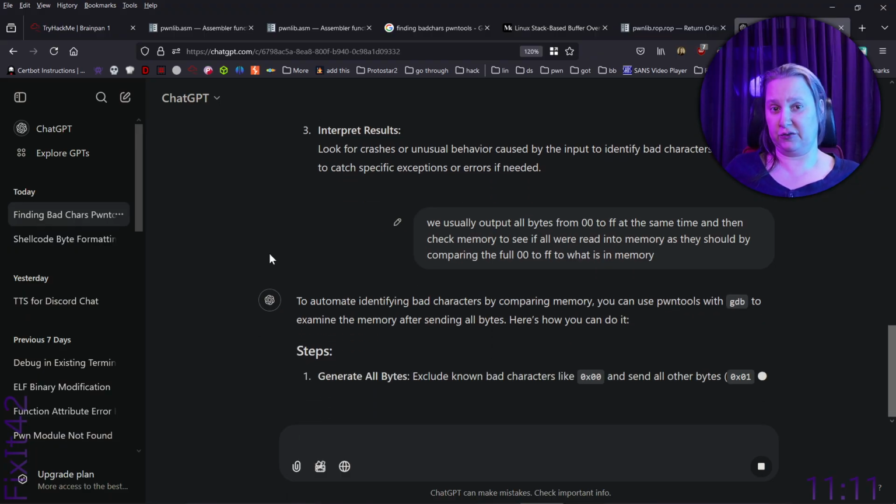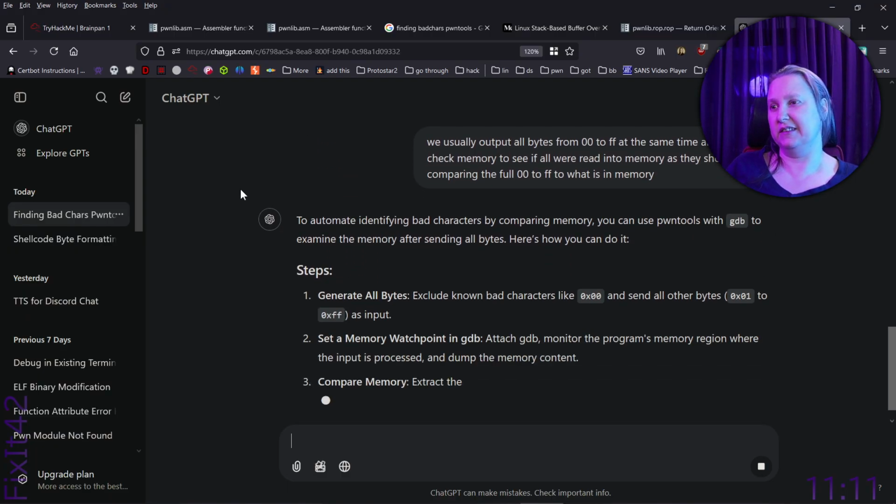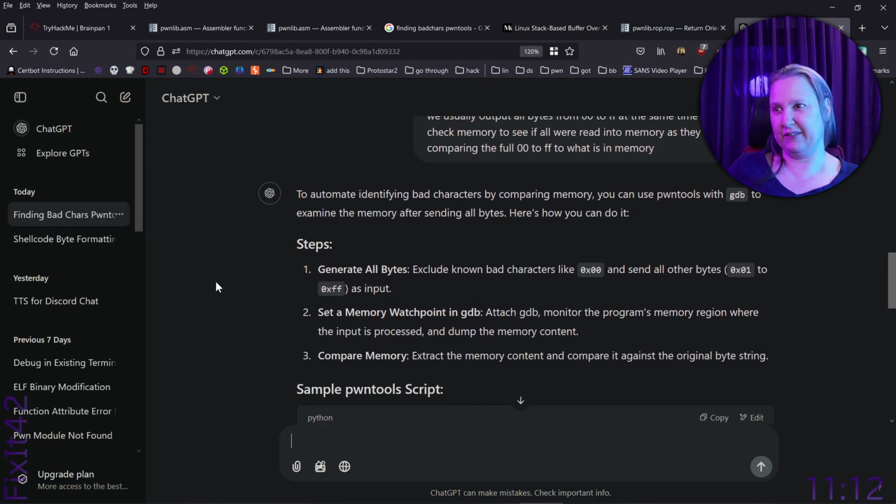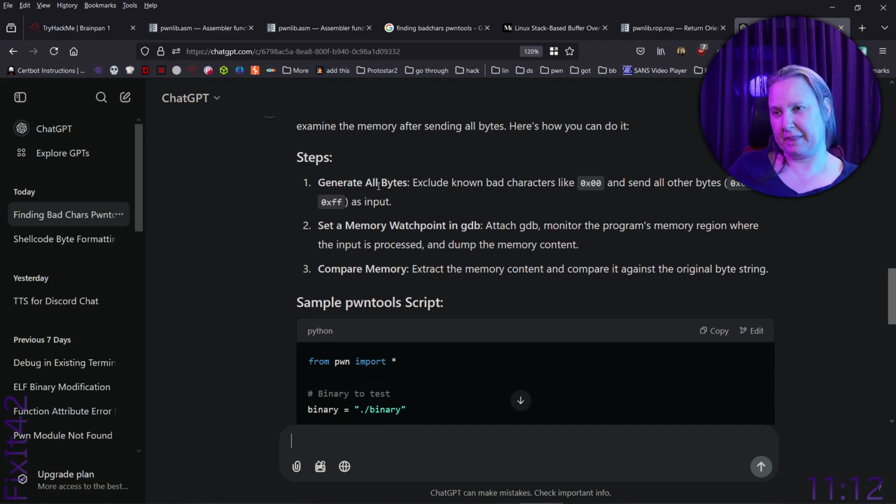So I usually get frustrated with ChatGPT because it can't do stuff, but we just had a success, right? It could do basic formatting of a string. To automate identifying bad characters by comparing memory, you can use pwntools with GDB to examine the memory after sending all bytes. Here's how you can do it. So, what do you think? Will it do it? Generate all bytes. Exclude known bad characters like